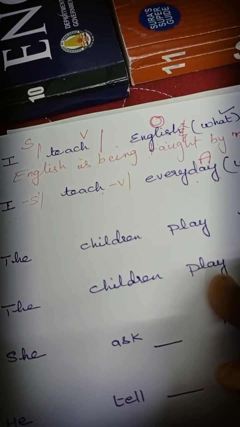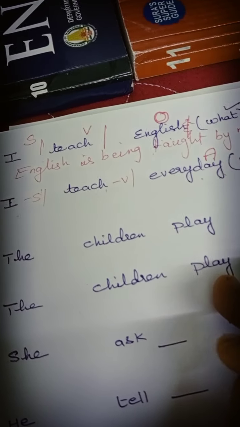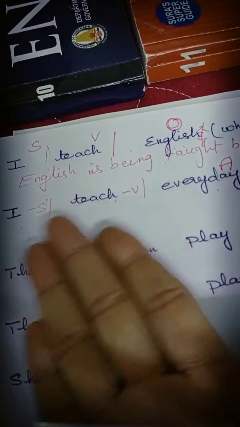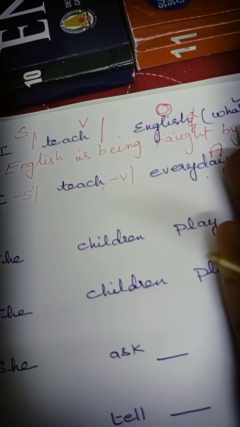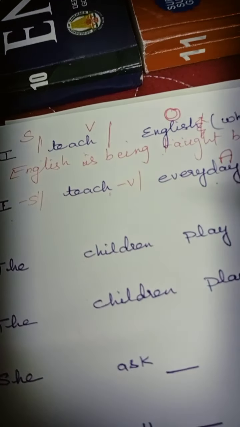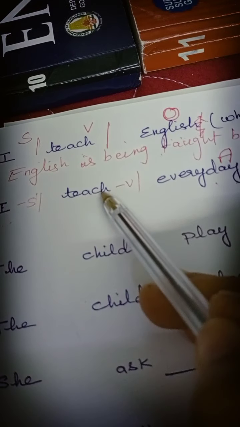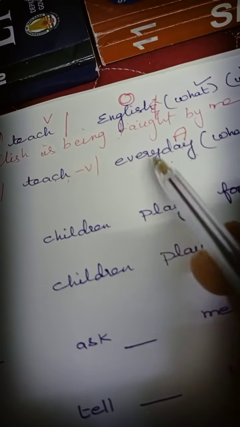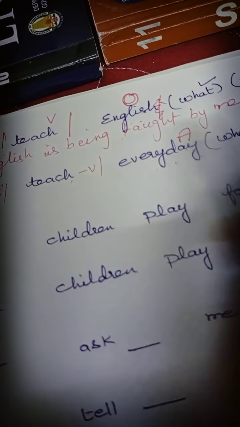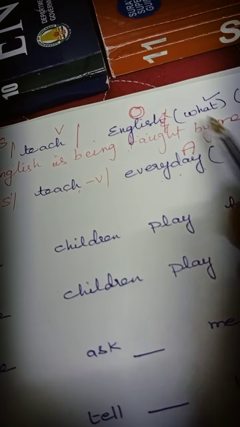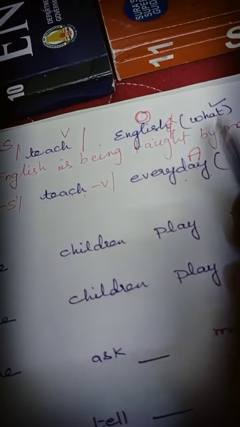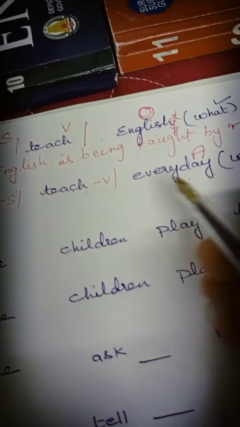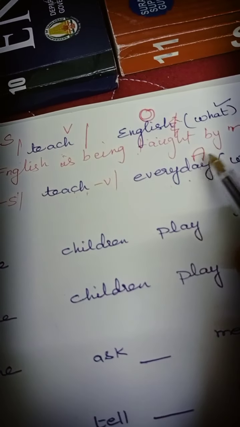Every day English is being taught by me. There is no English in this. I teach every day, that's all. I teach every day what? I teach English every day, means I can just change it. But after a verb, when an object doesn't come, I cannot change it. I teach English every day, I can change it because English becomes an object. After that, every day is coming. But I teach every day becomes adjunct.